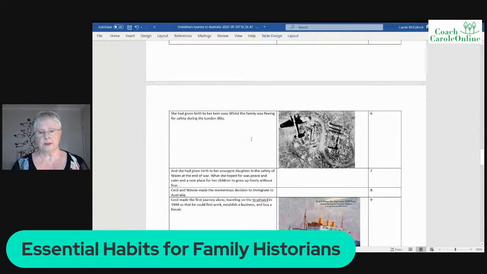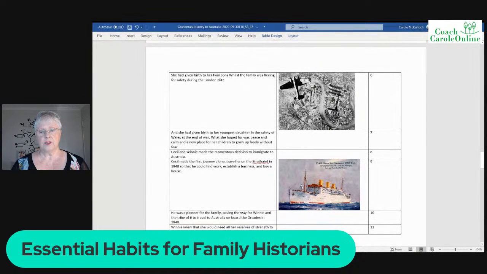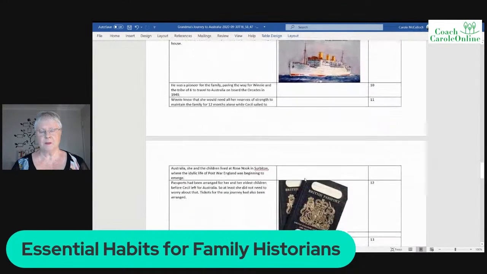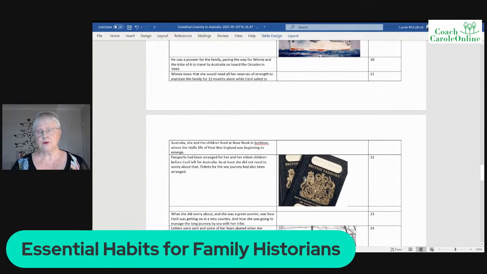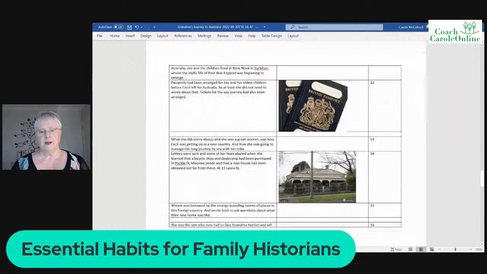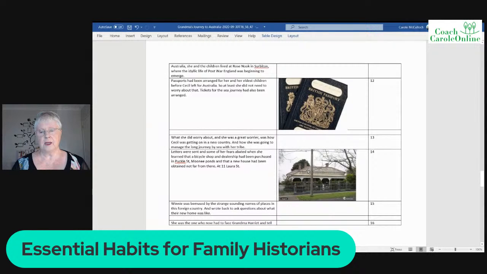The London Blitz, the emigration of my dad on the Strathaird, which was the topic of my tip from yesterday, and images that I've gained from the web, such as a picture of the British passports that we would have used back then, and even getting a current image of the house that we first came to. This one is in Laura Street, Moonee Ponds,